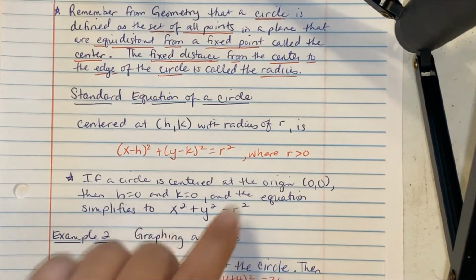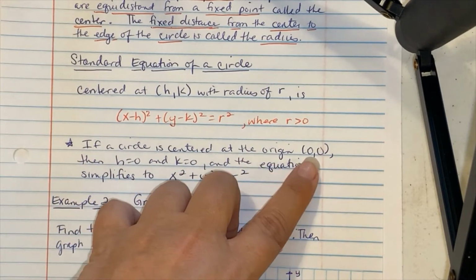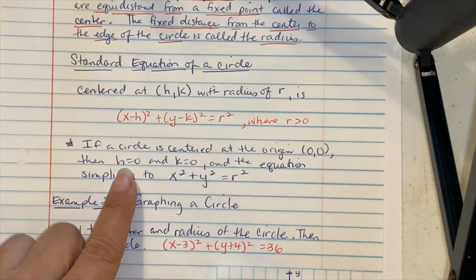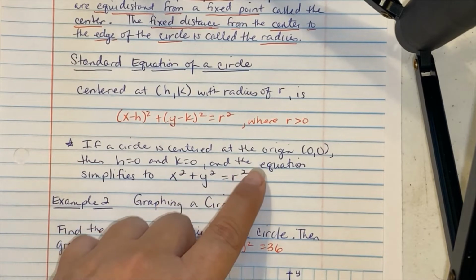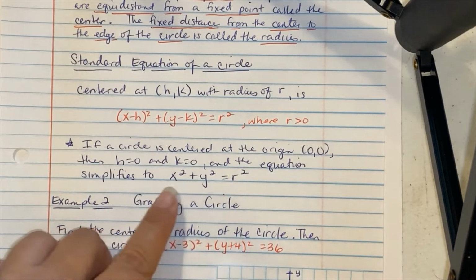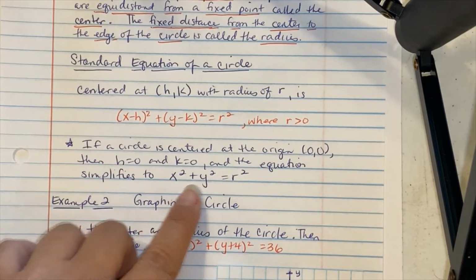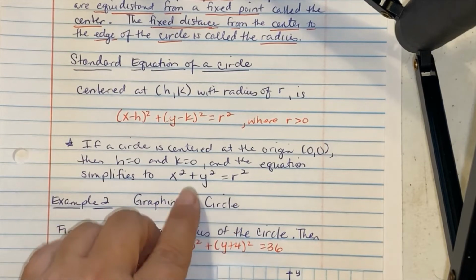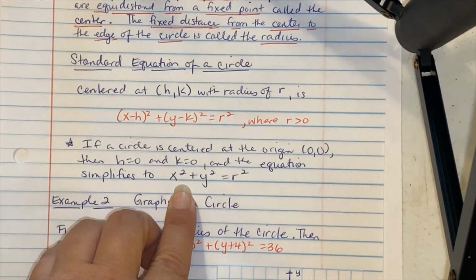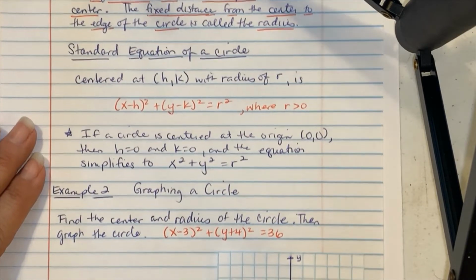A hint to remember: if the circle is centered at the origin, which is (0, 0), then h is equal to 0 and k is equal to 0, and the equation simplifies to x squared plus y squared equals r squared. Now look at this thing. This has a correlation to the Pythagorean Theorem. a squared plus b squared equals c squared, which is the distance of a radius if we want to think about it. So if we look at example 2,